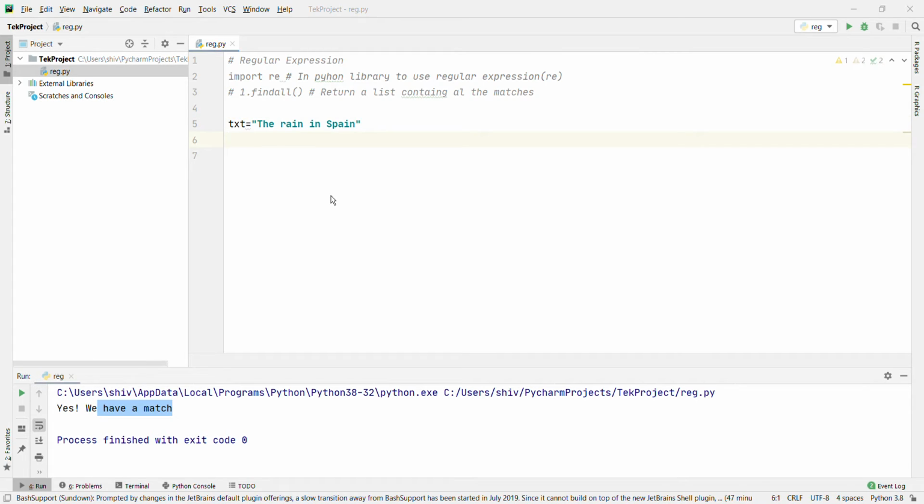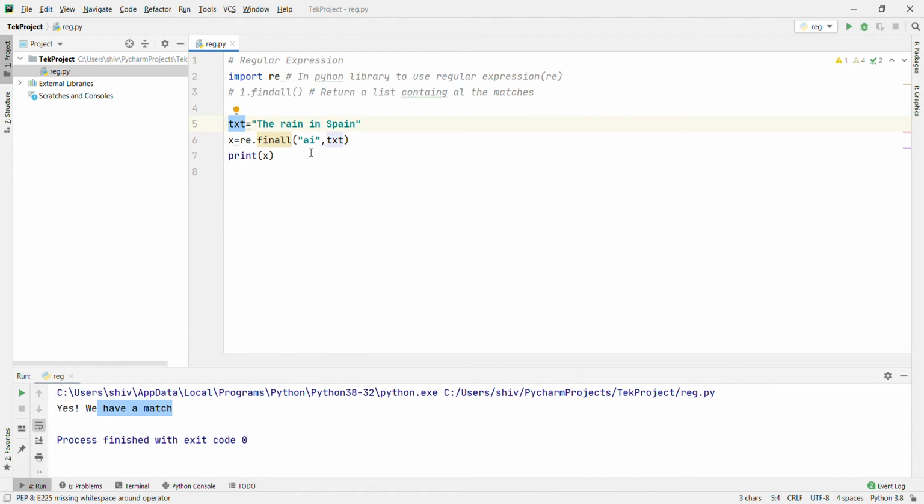Next, x equal to re.findall, looking for "ai" in txt, and print x. What will happen here? It is checking for "ai" in this text, and then prints all the values.